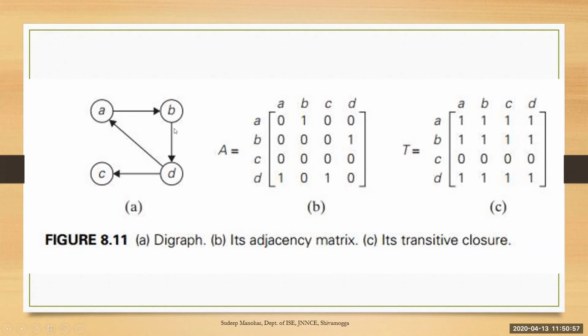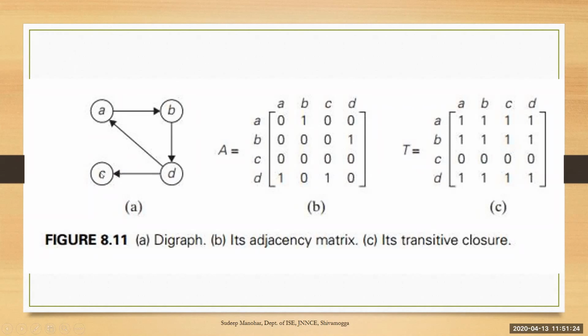From B to A, whether there is a path, it is B to D, D to A. Yes, there is a path. Okay. From B to B, whether there is a path, from B to D, D to A to B. Yes, there is a path, isn't it? From B to C, whether there is a path, B to D, D to A. Yes, it is a 1. From B to D, check. From B to D, there is a single edge. It can be considered as a path. It is a 1. It is fine.